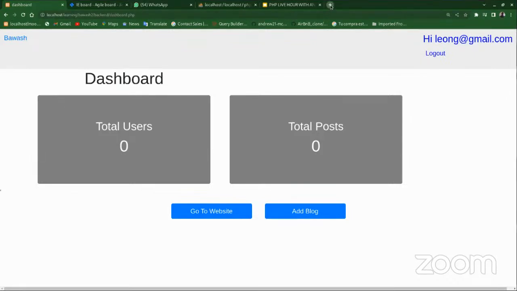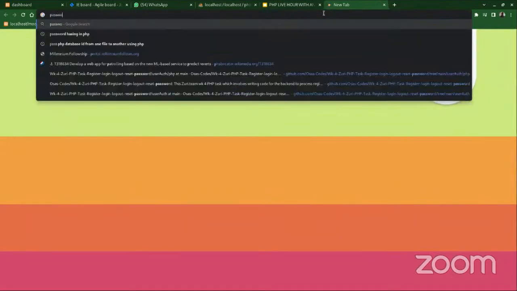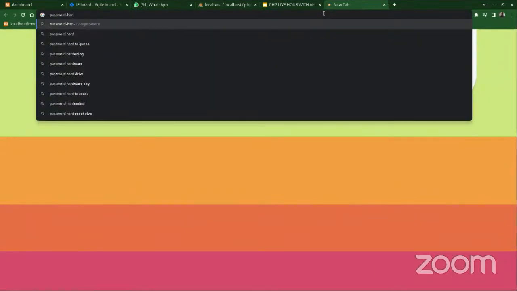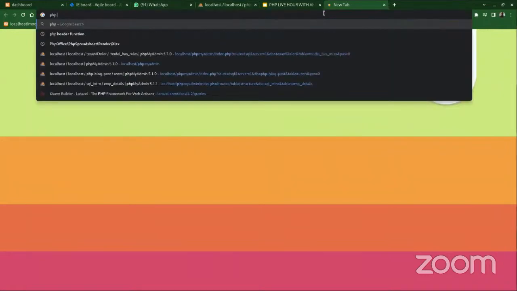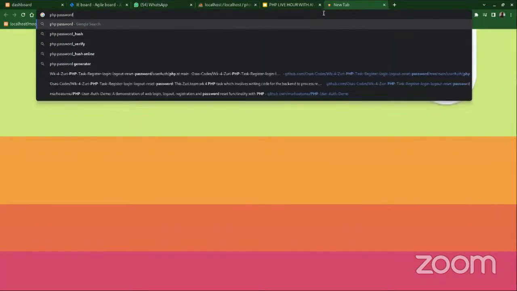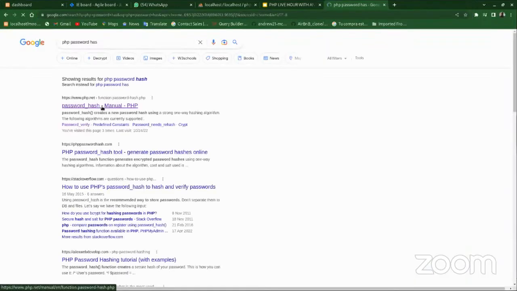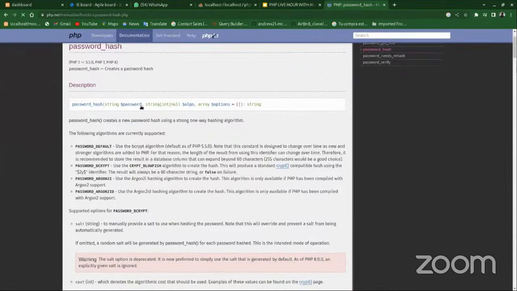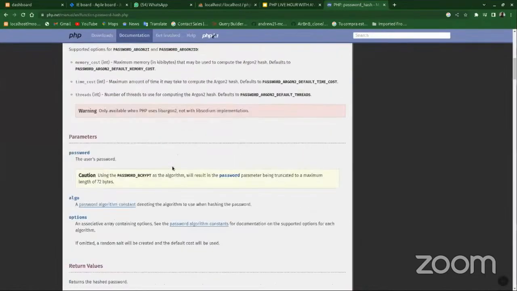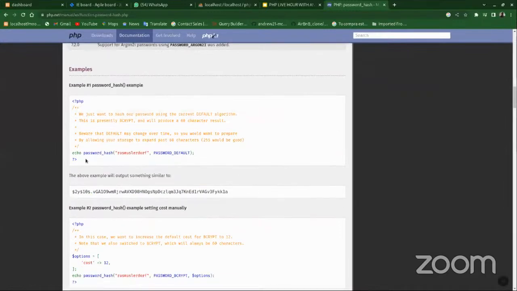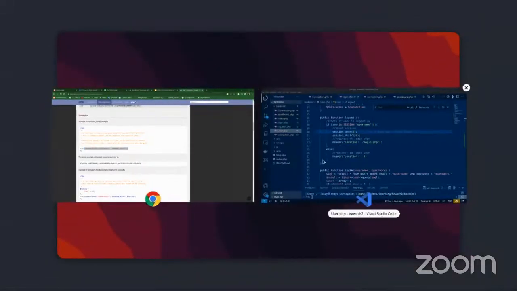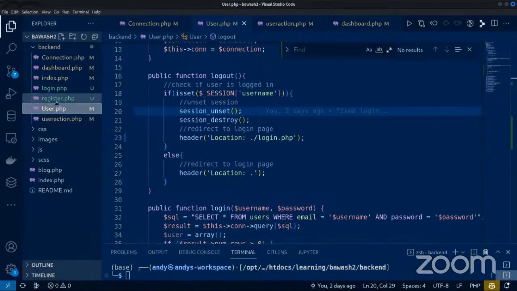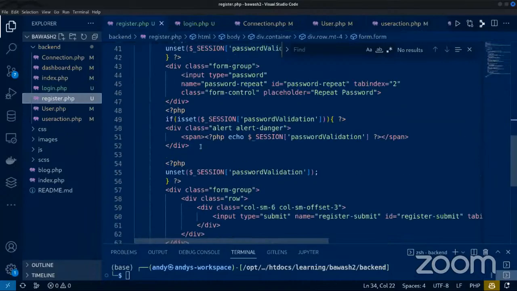Let me see. PHP password hash. How do we hash a password? So we have password hash. We're passing the password, and let me see an example. Okay, so let me try this. In the register, what we'll do is